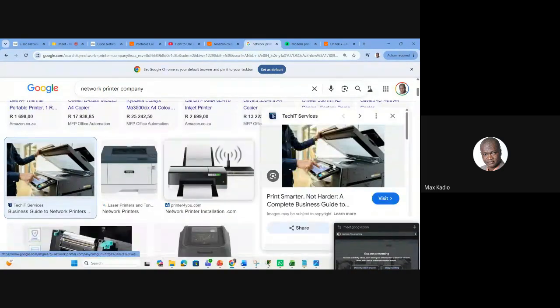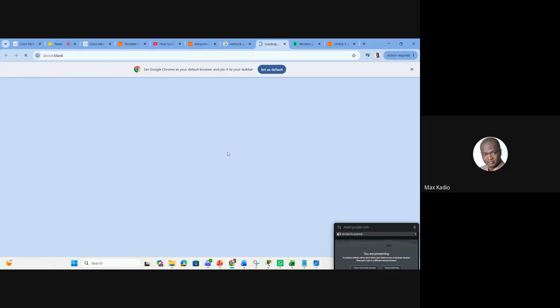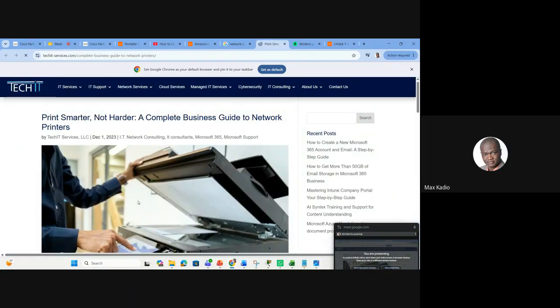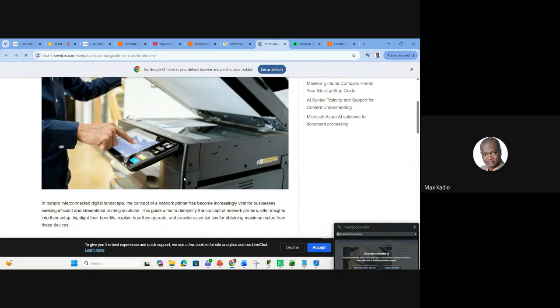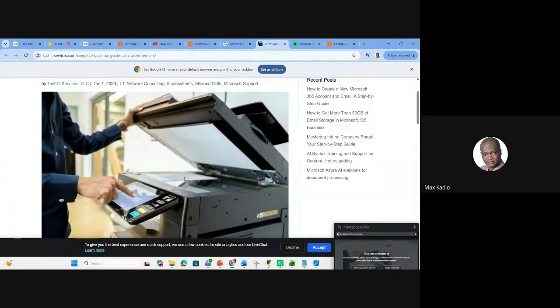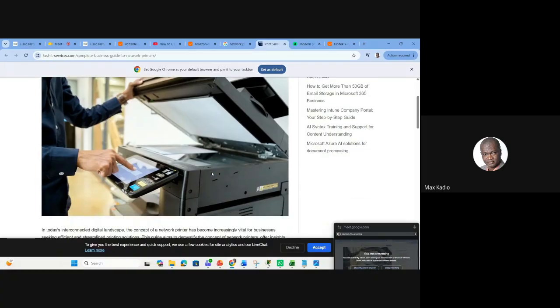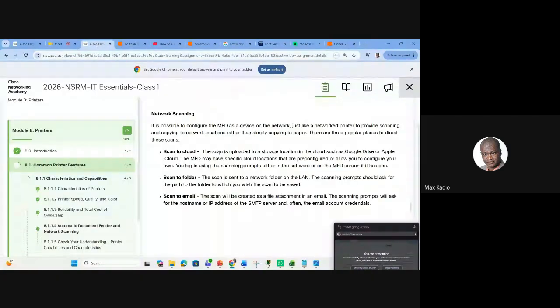You see this guy, for example. So you buy it, you do the configuration. Now everyone will go there to print. It's a big one, it's not a small one. So desk printer, network printer, and also we have cloud printer and 3D and other stuff. So when it comes to a network printer in a company, we have some services. You can scan to the cloud, scan to folder, or scan to email.